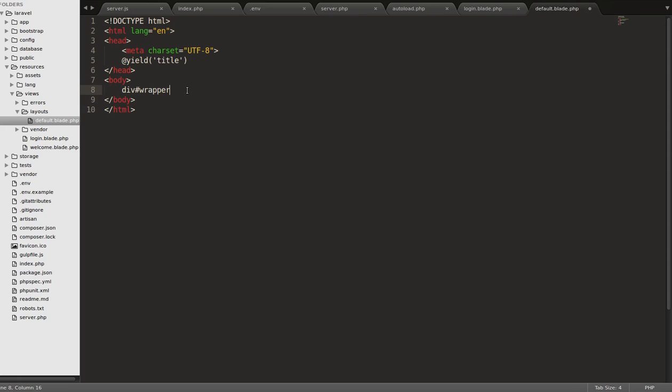So let's just create a wrapper, and then inside the wrapper we're going to output the contents of the login page. So content. So now from the login page,